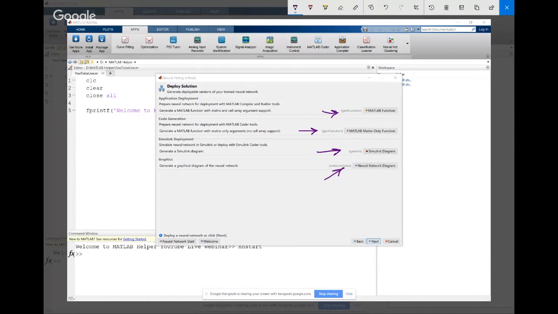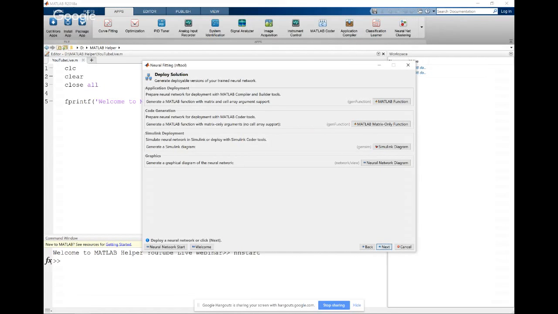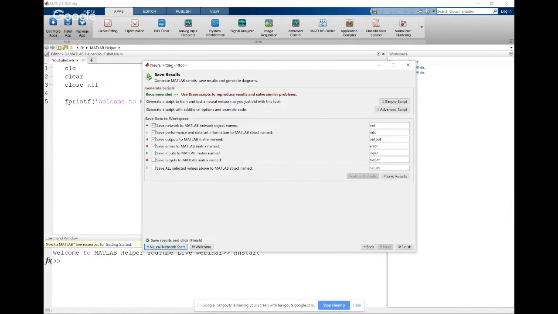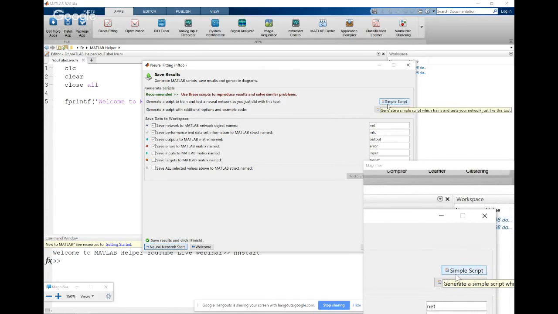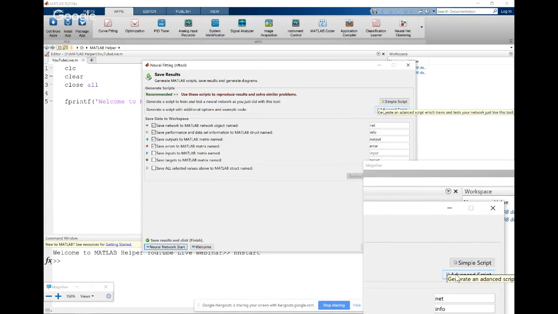To create a simple script, simply click next, which will take you to the save results panel, where you can generate MATLAB scripts, save results and generate a diagram. You can see the option called simple script, and then you have another option, advanced script.